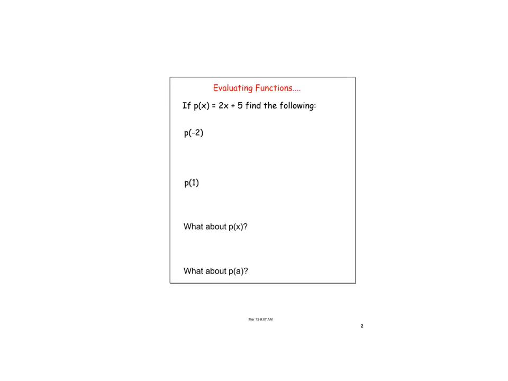Okay, so again, more review. This says if p of x equals 2x plus 5, find the following: p of negative 2. So I'm going to take my function and replace x with negative 2. And here, when I put this in, I get positive 1. When I put in 1, I get 7. So the new part about today is we're going to be doing the same exact thing, but